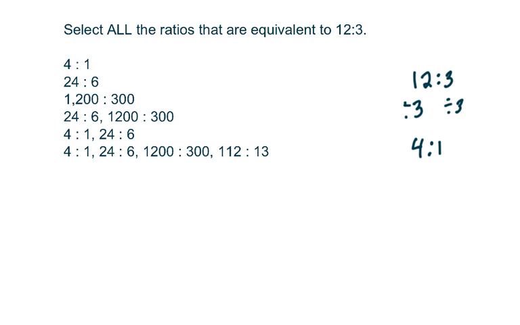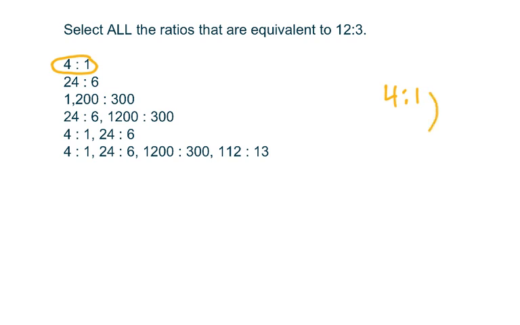So I'm going to use that as sort of my baseline. So I've already found one of the ratios that's equivalent, and that's 4:1. I can check the next one, 24:6, by either simplifying it using the same strategy that I did for the original one, or I could think about, could I multiply? So I might start with